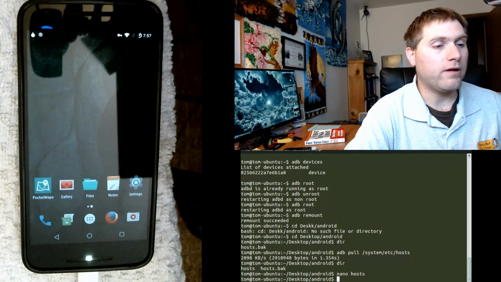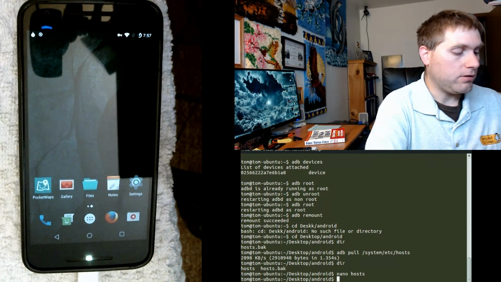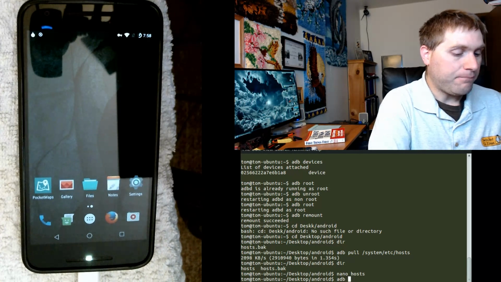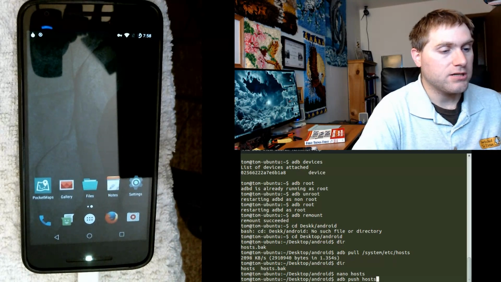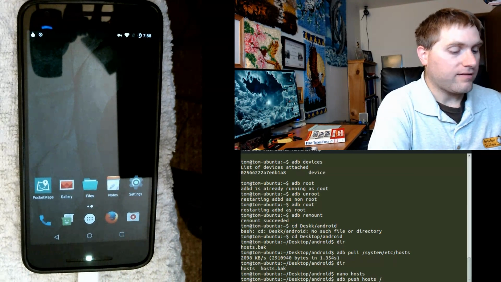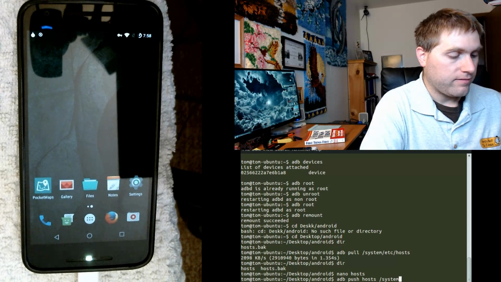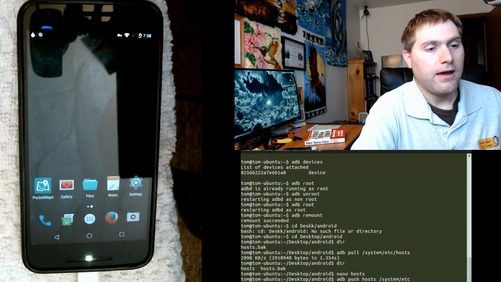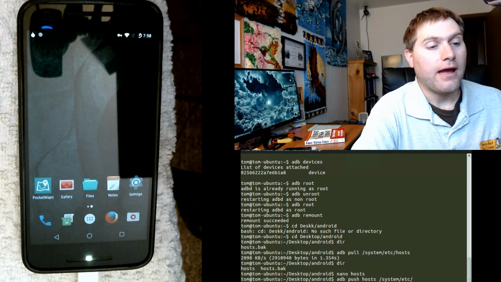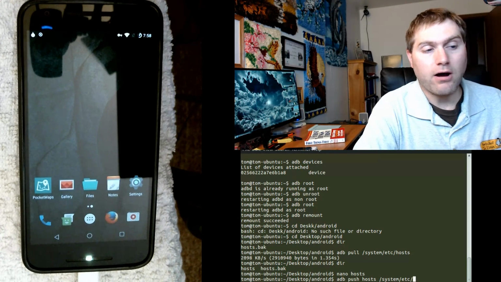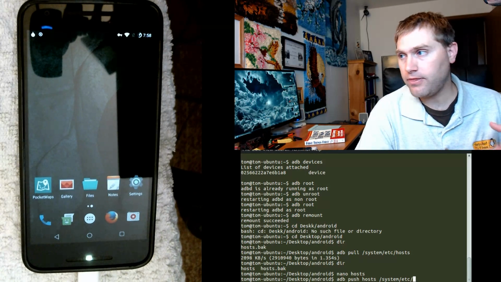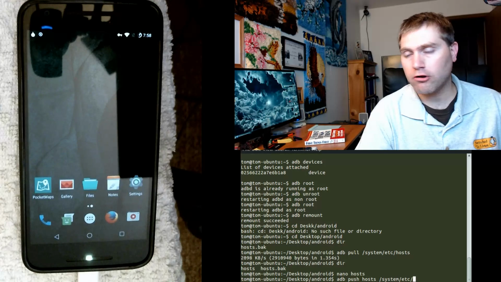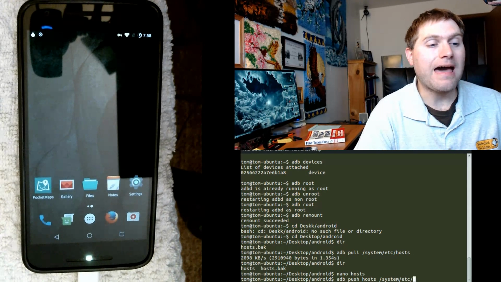Save the file, and then once you have that up, you want to do adb push, and then pick the file that you want. So we're going to do hosts, and then where you want it to go, /system/etc, and that's going to drop the host file back on the phone. Now, as long as you are in root, and as long as you have adb accessing root in the developer options like we showed earlier,